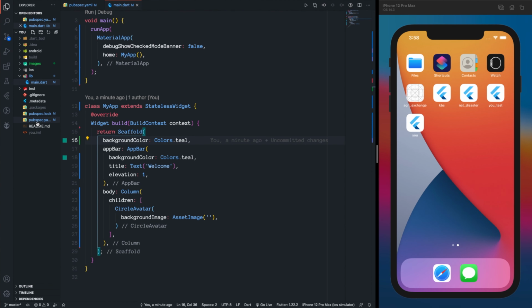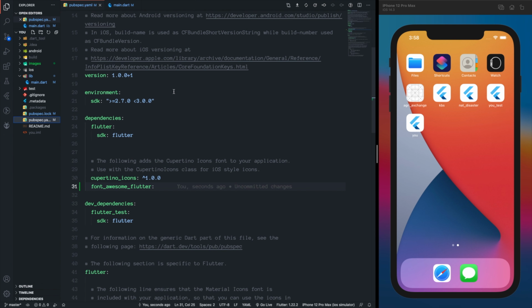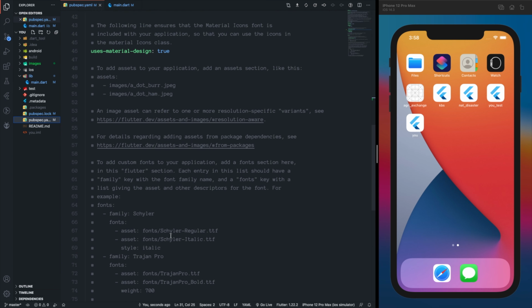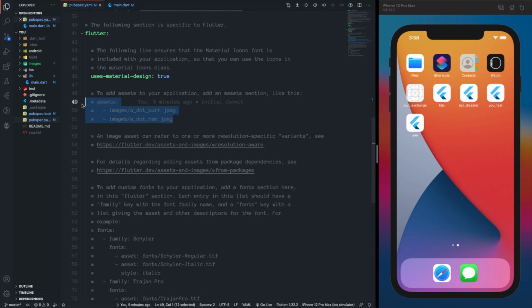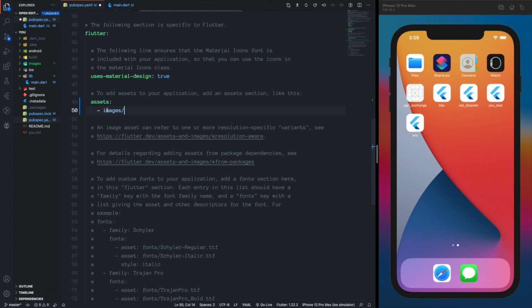And when we run this we will get an error, because we cannot use the image over here as we have not added it to pubspec.yaml. So in order to add it, we are going to uncomment this line over here which shows assets. To uncomment, it is command and /. We are going to remove all this and add the images folder. So this allows us to add as many pictures as we want, and instead of adding all the pictures one by one, we are just importing the folder. So we are telling Flutter that these are the assets in an images folder over here, so all the files under that folder can be used in my app.